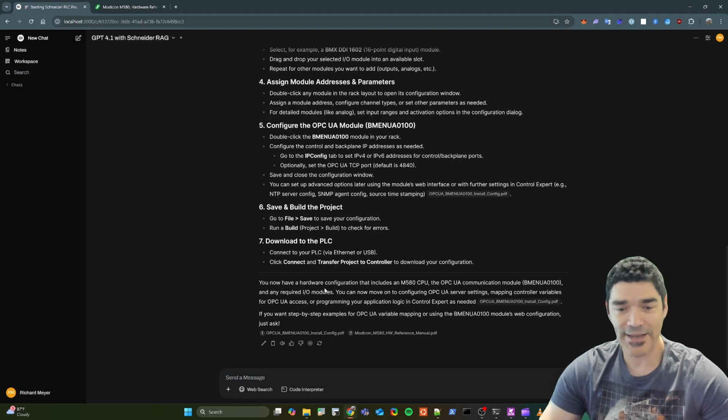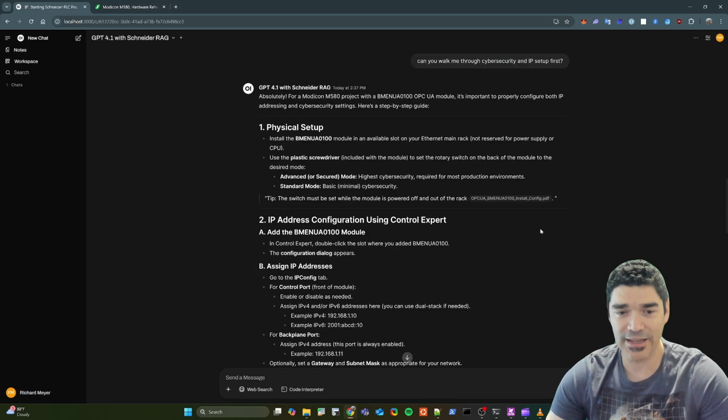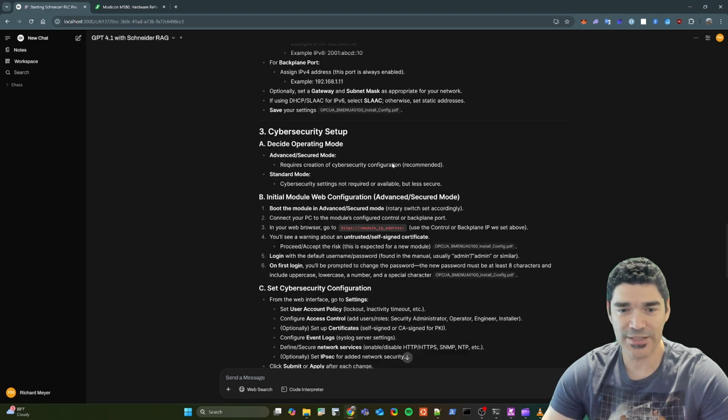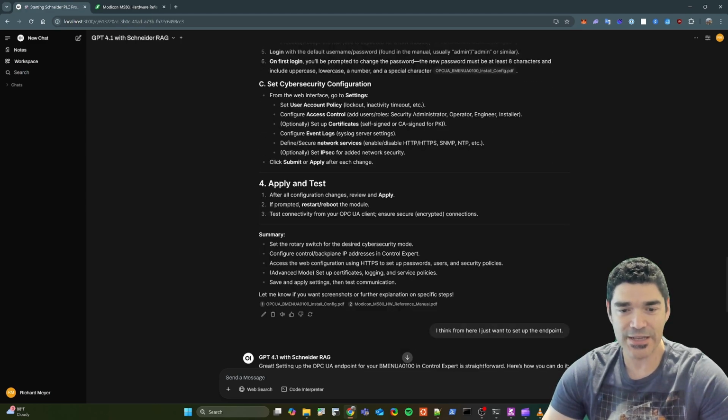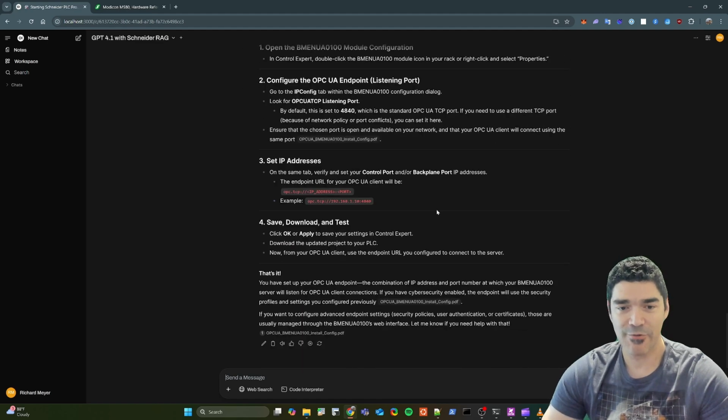And again, it's asking me what I should probably be doing next: setting up a server, mapping the variables, whatever. And then I can decide on what I want to do next. I just kept iteratively asking questions on what to do next, and it gave me very detailed steps: setting up the IP address, setting up cybersecurity, setting up testing, setting up the endpoint with an IP address, very detailed information. Now I'm at the point where I need to set it up with my SCADA system, but I